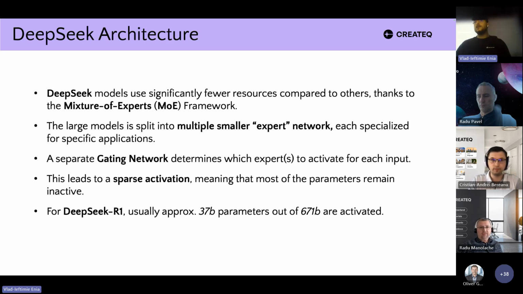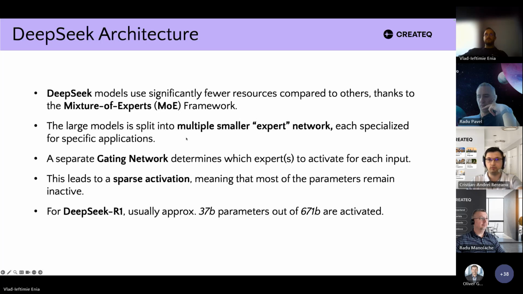And this is why DeepSeek models are much cheaper to operate. And because it is open source, DeepSeek also offers some smaller models that can be run on local machines. I would like to prepare that for you in the next presentation to show you how you can download and operate a DeepSeek model on your local machine, so you don't have to use the API and call the model on Chinese servers.